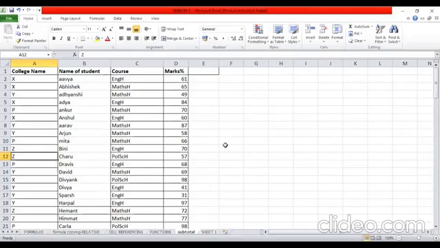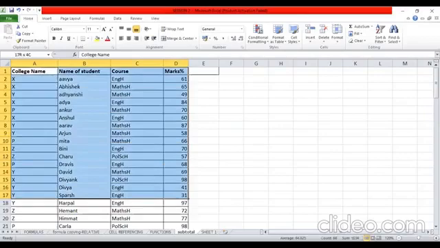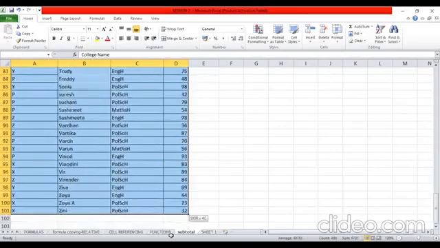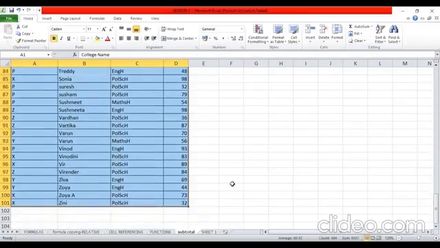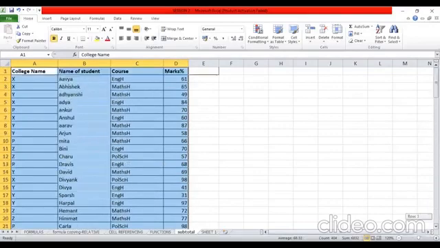The first step is to sort my data. So how will I sort my data? I will select the entire data which I have. How will I select it? Simply press the left mouse button and drag it over the range so that the entire range becomes blue. Please make sure that you select it and not copy it. If you take your cursor to the bottom right corner, it becomes a black plus sign, and it will get copied. That we don't want to do.